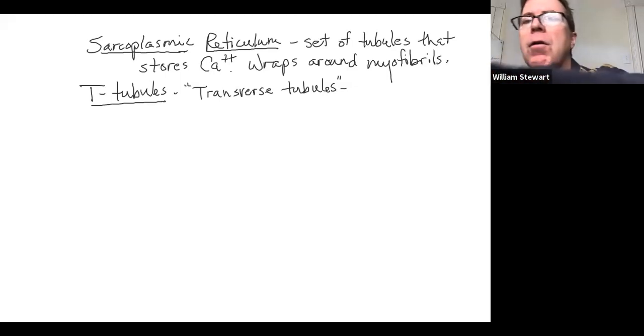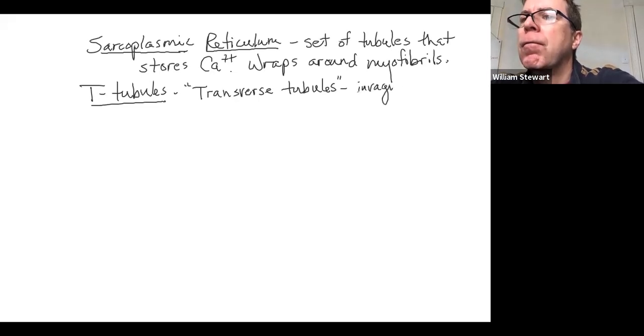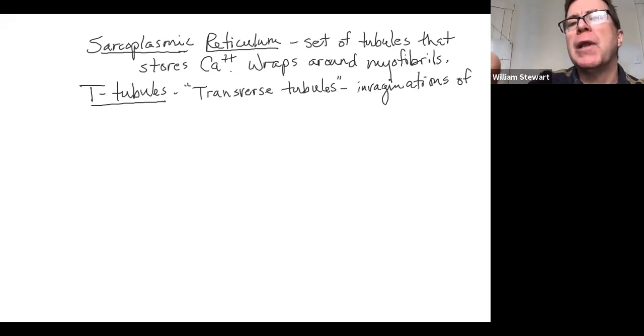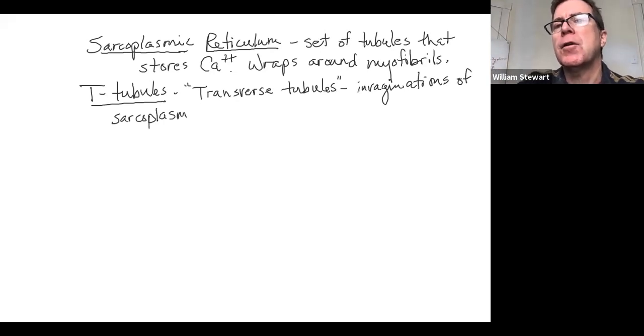These are elongated tubes that begin with invaginations of the sarcolemma, the plasma membrane of a muscle cell. They're invaginations of the sarcolemma